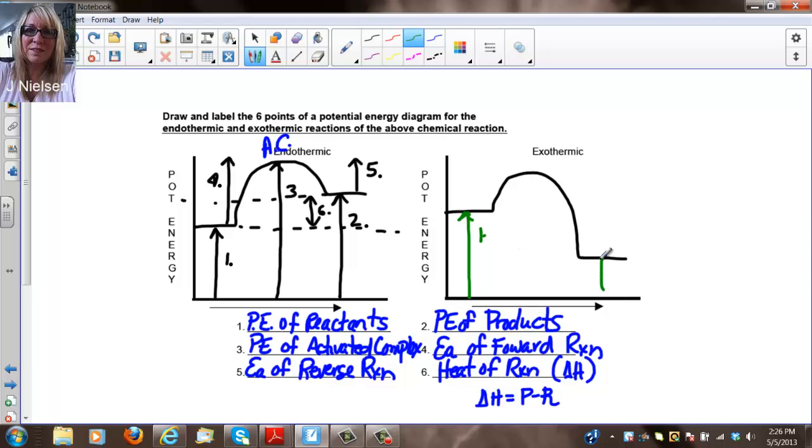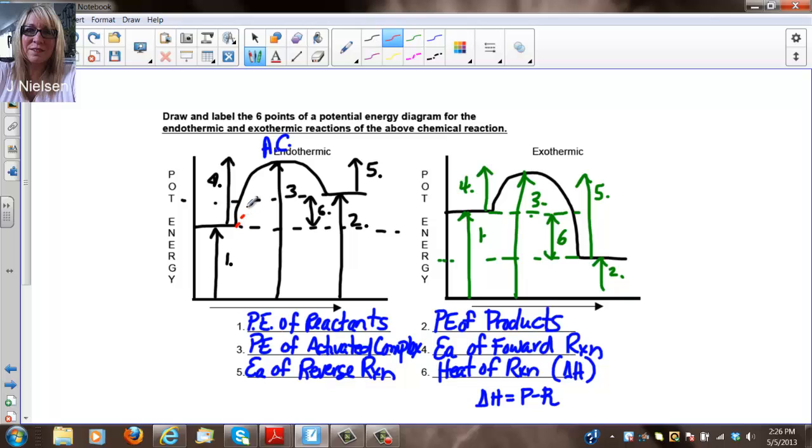This is 2, 3, 4, 5, and the difference in here is 6. And remember that if we add a catalyst